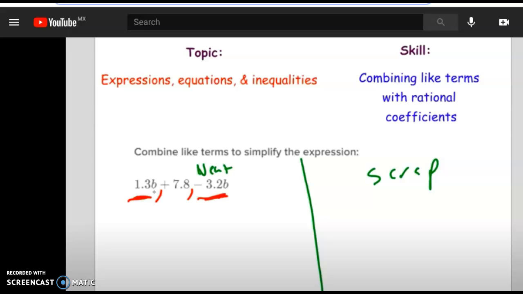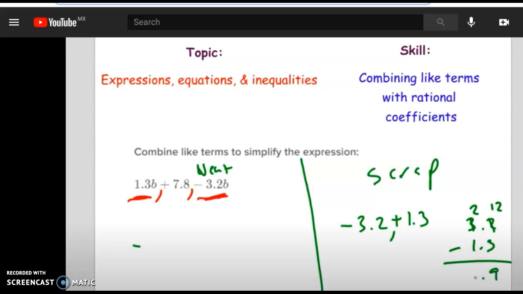So negative 3.2 plus 1.3, right? What do I have more of, more positives or negatives? I have more negatives, so I know that this is going to be a negative. But negative what? Well, just like we did with integers, it's really the difference between their absolute values. So you do 3.2 minus 1.3, and can't do that, so that'll be 12 minus 3 is 9, 2 minus 1 is 1. So this is negative 1.9b